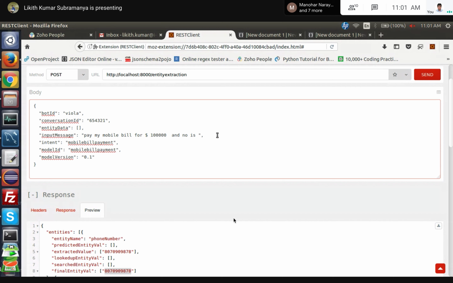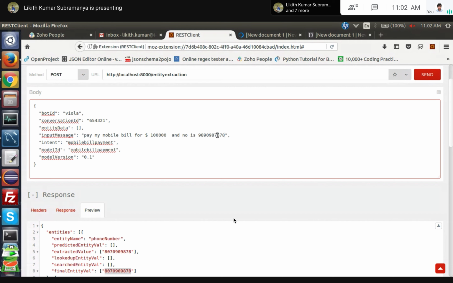For intent there are datasets for training, and for entity also we have something for training. I'm not sure whether Likit is covering that today. Currently, whatever he is telling is a plain lookup-based model where there is no machine learning involved in the background. We have certain defined formats, and based on those formats we'll be looking up.